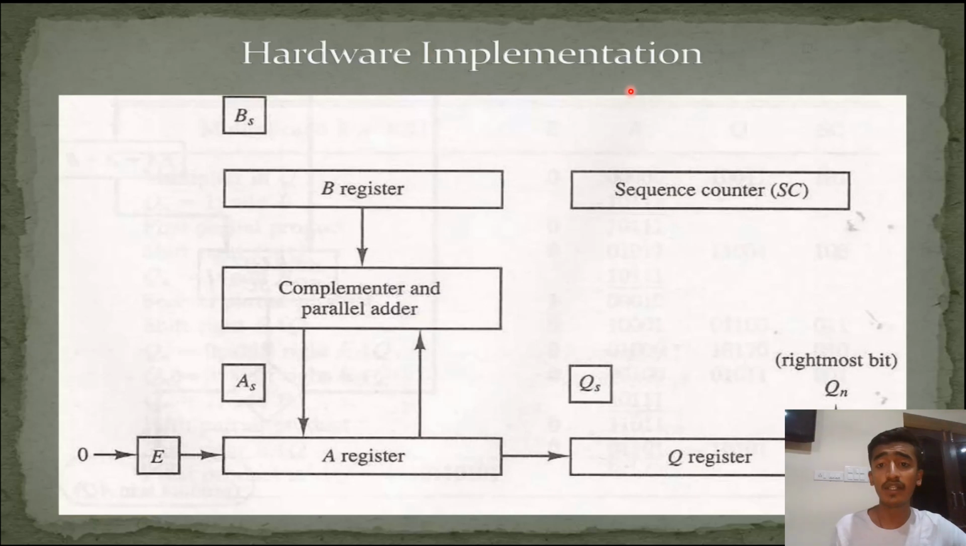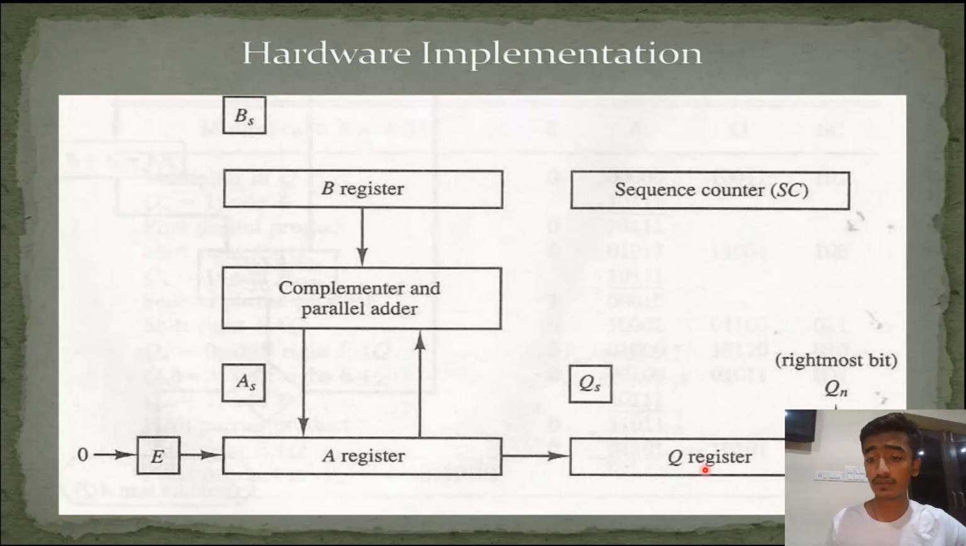This is the hardware implementation of this multiplication algorithm. We have the B register, which consists of the multiplicand, and then the complementer and parallel adder. The parallel adder is used for the summation of two successive binary numbers. Then the A register is a temporary register in which we will store the summation we get. Then in the Q register we will have the multiplier,